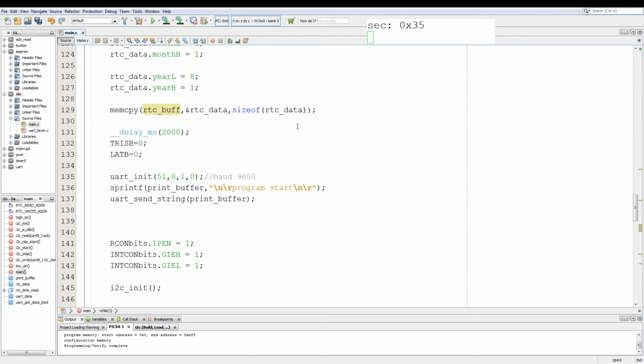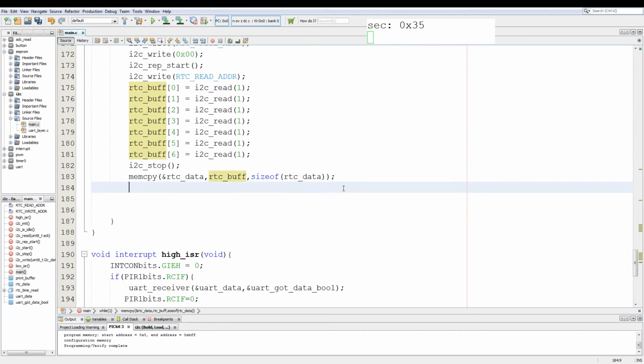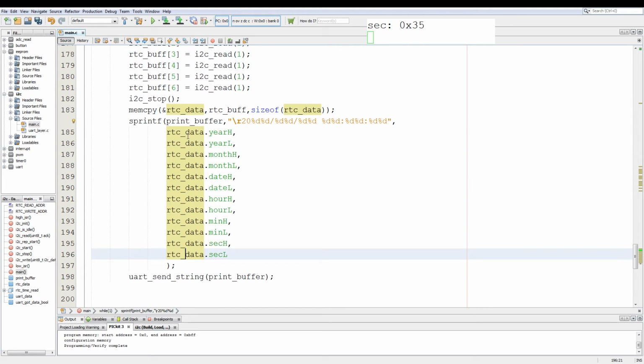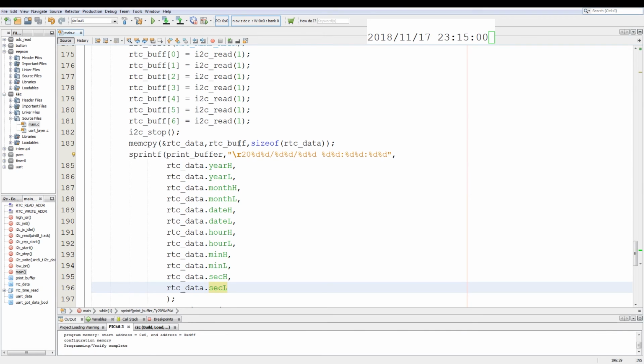And then we go back to our memcpy, we paste it, and then we just swap the 2 variables around. Then I'm going to copy a printout from pre-written code. Okay, now this just prints out the date and time according to what's in the structure. And right under that we add a delay of 500 milliseconds. Now we program the PIC, found a mistake. The last read should be 0, so we don't acknowledge on the last read.